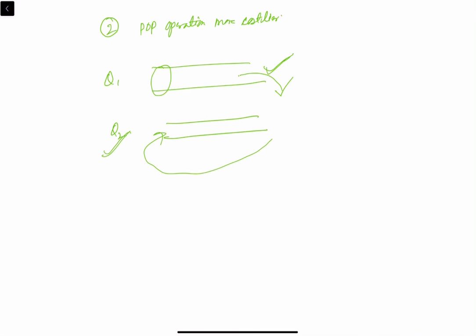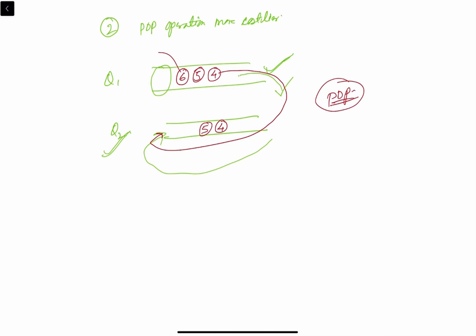Okay, so let's start inserting, and push will always be done in Q1. So let's first insert 4 and then 5, then 6. So one by one it is enqueuing. Now we want to do this pop operation. Ideally the pop should be 6, but if we try to pop from this Q1, it will be DQ 4 only. So how to make this work? As I suggested, the pop will be costly. So DQ this 4 and enter it here. So 4 will be here, then 5. The only element left is 6 here. No more DQ from Q1. Now since in Q1 the only element left is 6, we can safely DQ this and say pop is done. So pop is costly here.